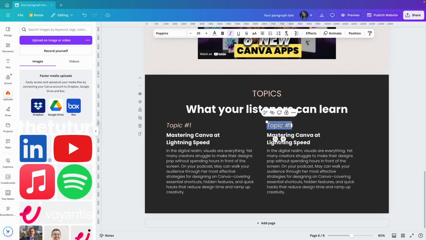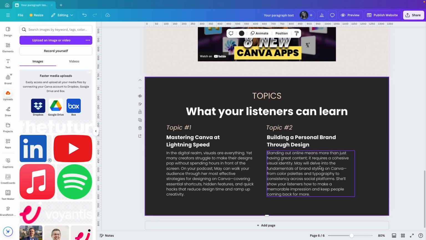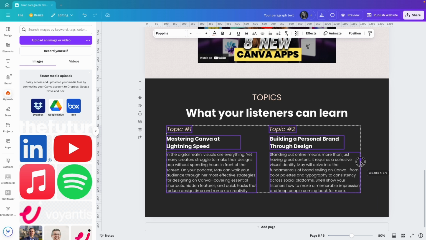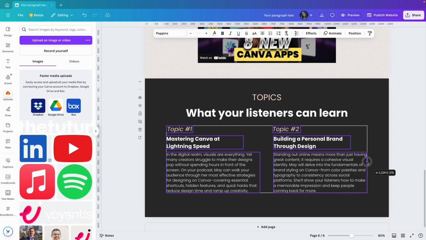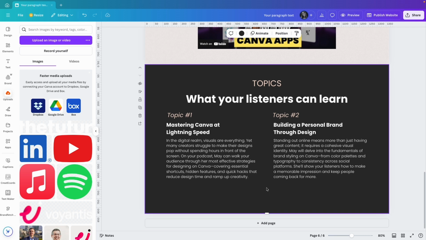I will rename it to Topic 2, align it to the left and change the title to Building a Personal Brand Through Design. I'll paste in the description and adjust the layout to keep everything neat. I think I can stretch everything a bit more so it will be more aligned. Now I will also stretch the page a little more so I will have space to add a CTA button